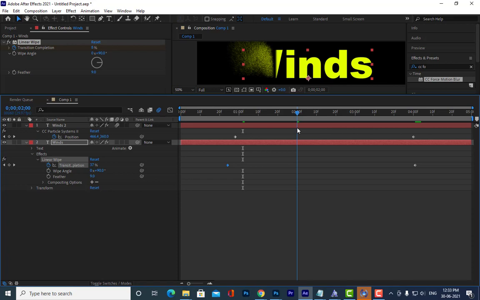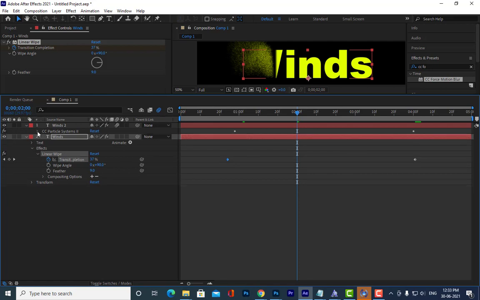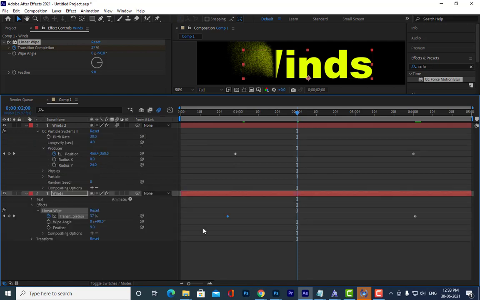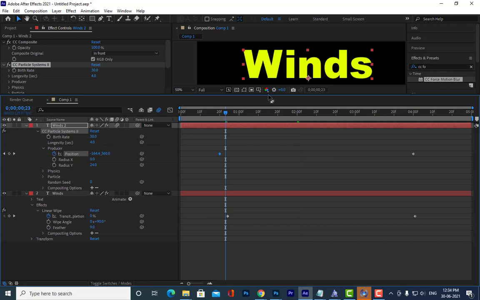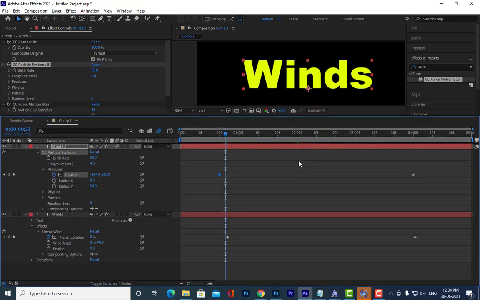See here, this one is starting at this point actually. So you can try to experiment with this. You can make it move a little bit faster. Something like this. So like that we can try to do some adjustments.